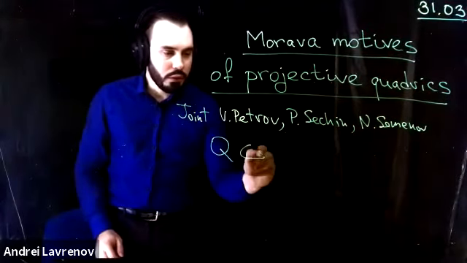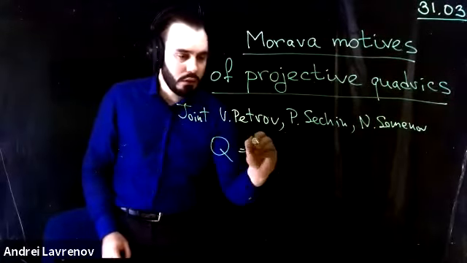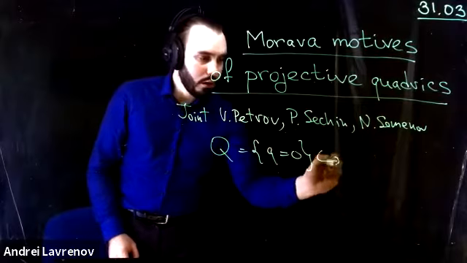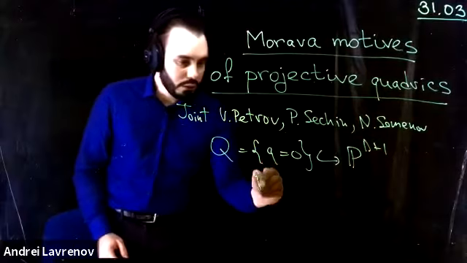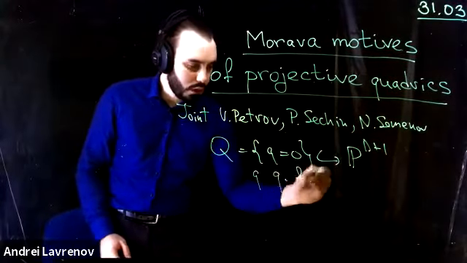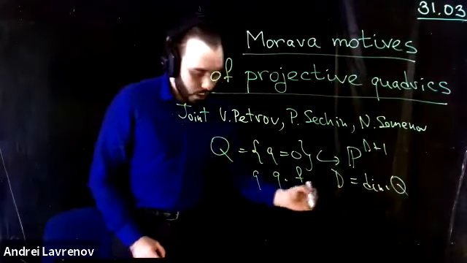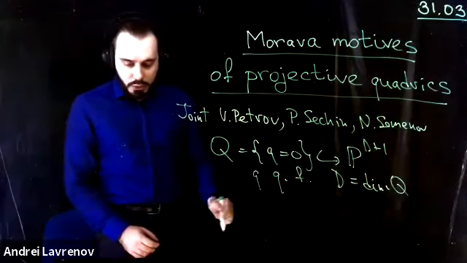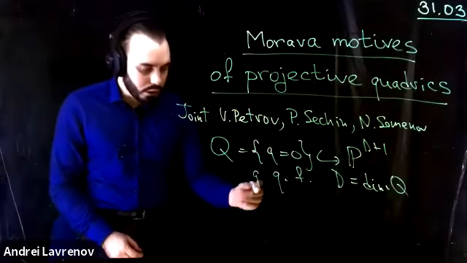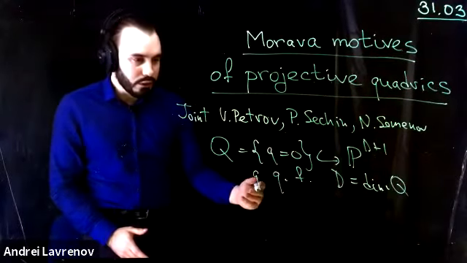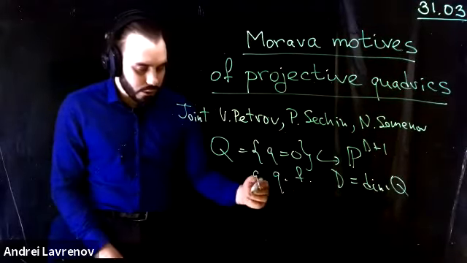So we'll consider Q, which is something in projective space. Q is a quadratic form, and D is its dimension. But when I say motifs, I mean generalized motifs, pure motifs, where in Grothendieck's definition, instead of Chow theory, we will use some other oriented cohomology theories.